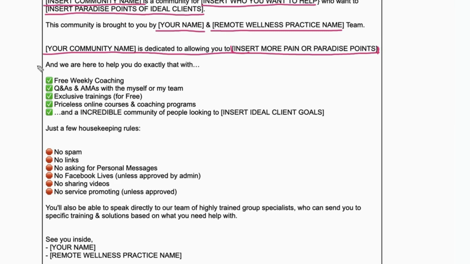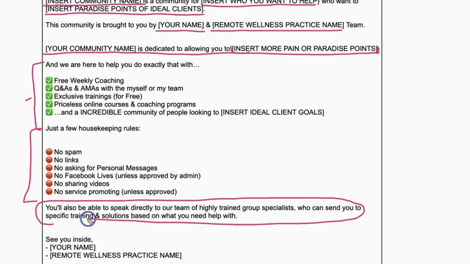And you're sharing a little bit about what is going to be happening, what kind of content and value you're going to be sharing. A few housekeeping rules, very straightforward. And then just letting them know that they'll be able to actually speak with somebody so they can get resources and the support that they need based on what they need help with. And then you sign it off. So this is a very basic setup